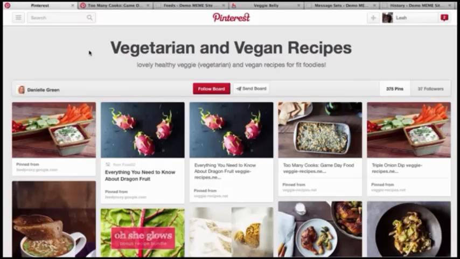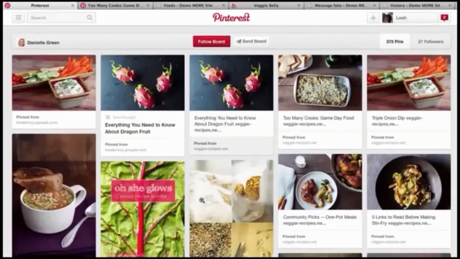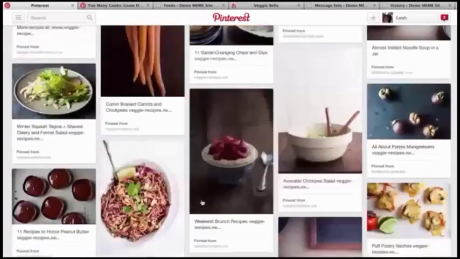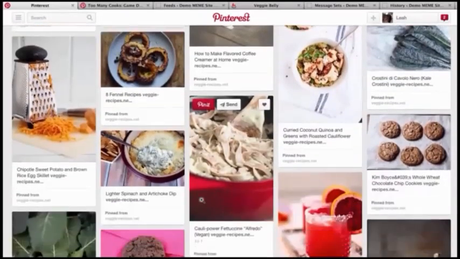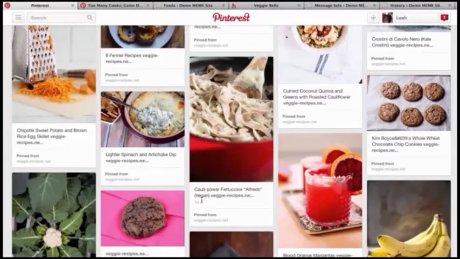business, how it's going to drive highly targeted buyer traffic to your pages, and begin with an example. This is a vegetarian and vegan recipes, very niche pin board, and as you can see, it appears just like any other. As I scroll down the page, you'll see lots of attractive and appealing images, as is normal for Pinterest. You'll notice too that each one has its own pin it button, which is what makes Pinterest the most